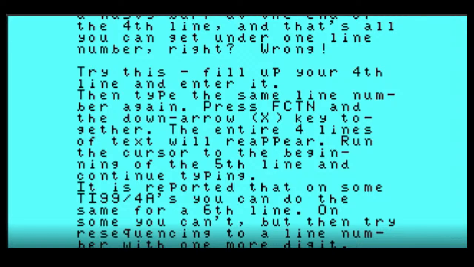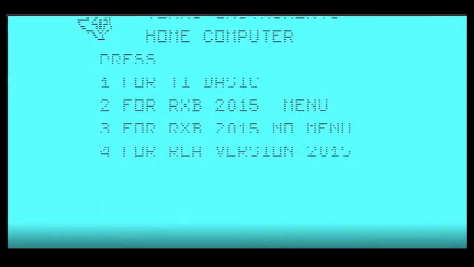Okay, this is on how to program up to 6 screen lines in one command. So, yeah, you can use the redo command. This is getting rather abstruse, but let's try another disk.